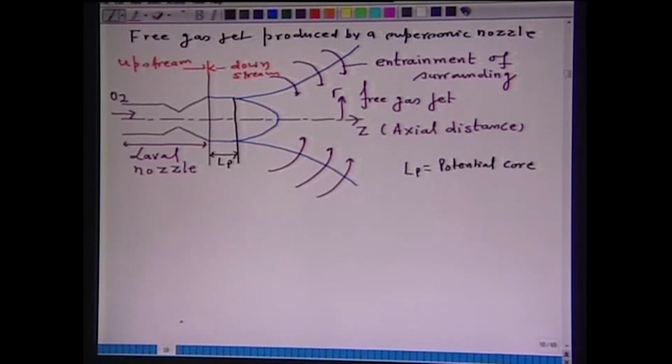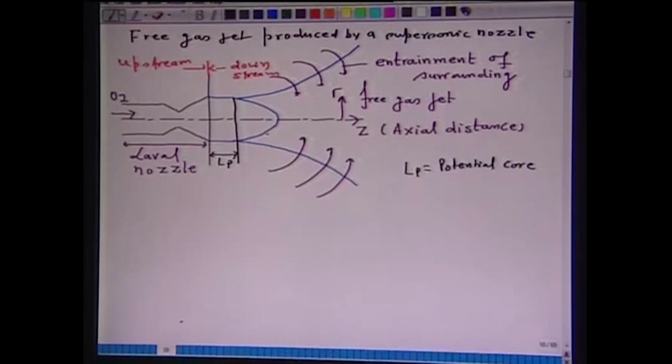That means, in this portion of the length, the velocity of the jet radially and axially is the same as that of velocity at the exit of the nozzle. That means, the jet does not spread in this particular region, and this length may be of the order of 6 to 7 times the diameter of the exit of the nozzle. However, it depends upon the pressure also. Now, the jet begins to spread beyond the length of the potential core. So, this particular length, in fact, from here to here,